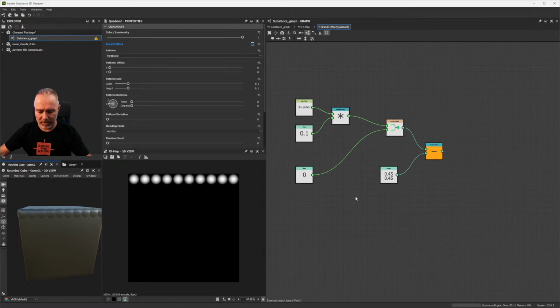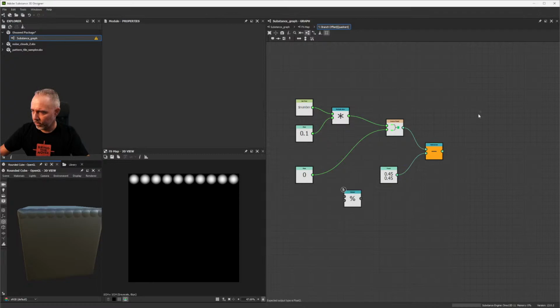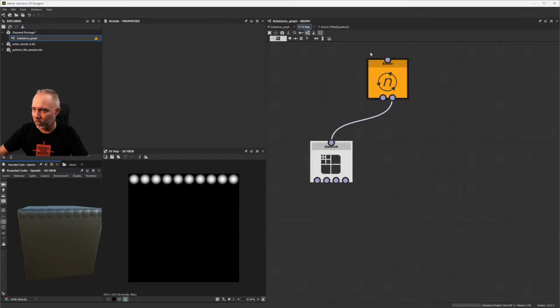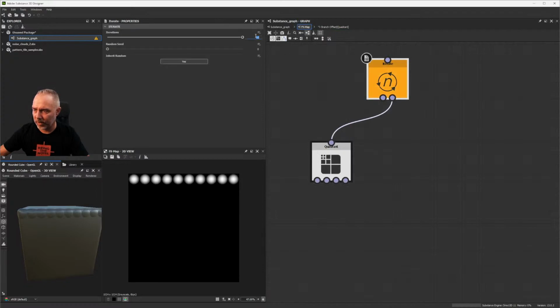So modulo, you just have to type this. And what we want here is, I'm going to make some space and add a bit more iteration, something like 20. So right now they are on top of each other, but the good thing is to make sure,